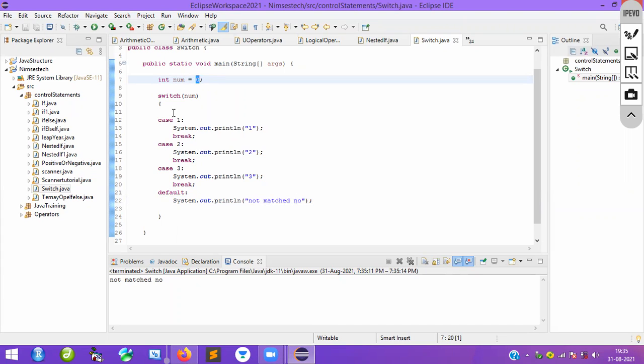If you provide 1, it will go to case number 1 and print 1. If you provide 2, it will go to case number 2 and print 2. And if you provide 3, it will go to case number 3 and print 3. That is what happens in the switch case. Whatever choice you provide, based on that choice, it will go to that particular case. There are three cases here: 1, 2, 3, and again the default case. Clear everyone?